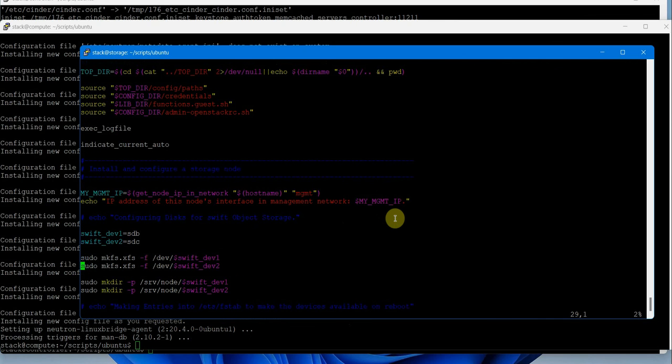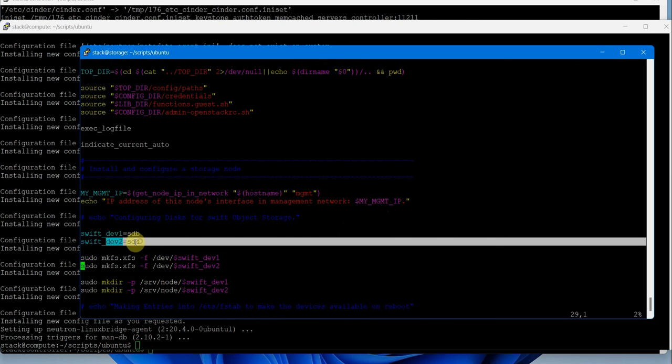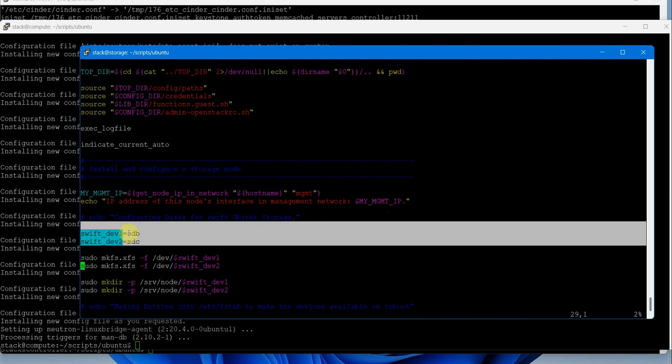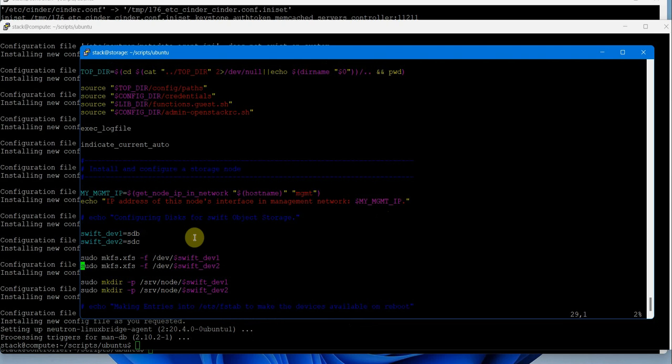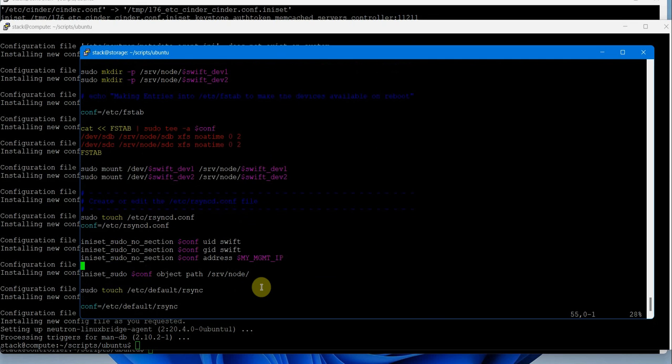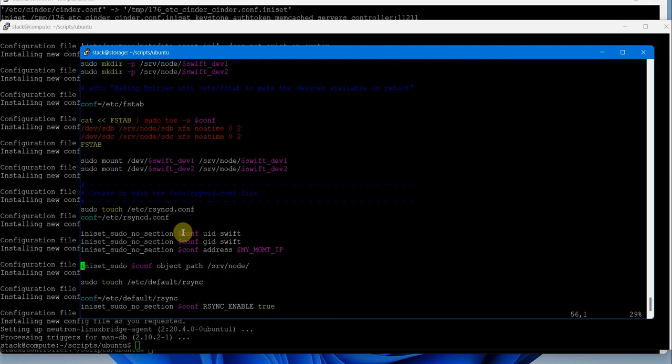This will get the IP address, and it is using the second disk and third disk on the storage machine to be configured for Swift object storage, making a file system and then making a directory for mount points and configuring the changes here. It's also pulling the files. It is also configuring rsync,